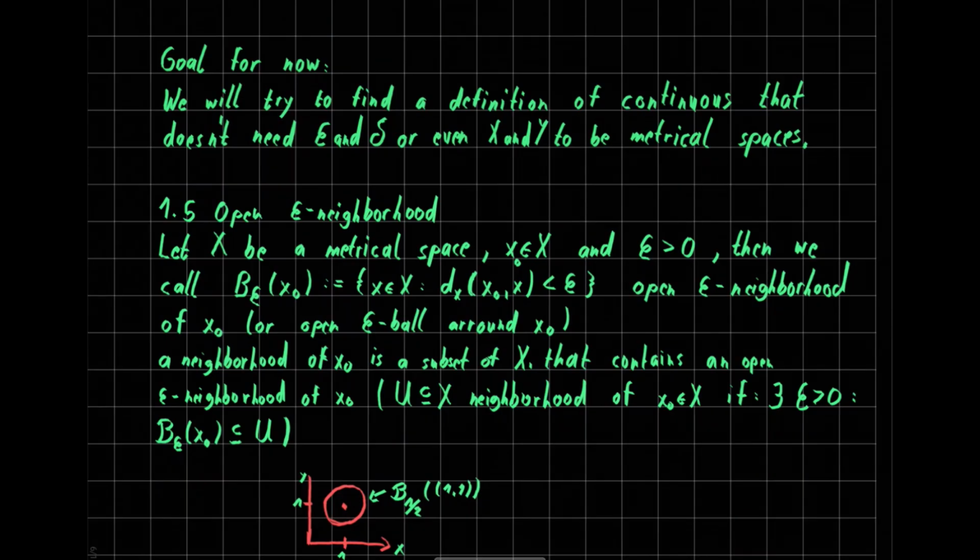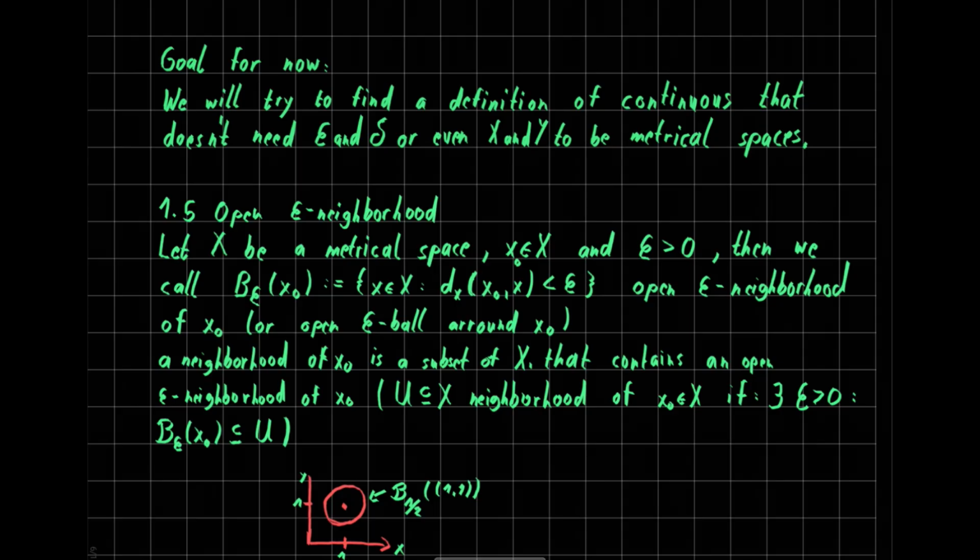And for the next part of the lecture, our goal will be to try and find a definition of continuous functions that will not require us to operate in a metrical space, but will rely on a more abstract structure, the topological space. And for that, we are going to have another definition, open epsilon neighborhoods, 1.5. Let X be a metrical space, x0 an element of X and epsilon greater than 0. Then we call B_epsilon(x0) the open epsilon neighborhood of x0, where B_epsilon(x0) is defined